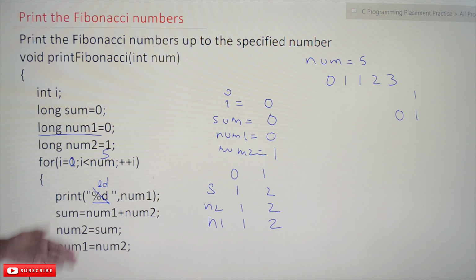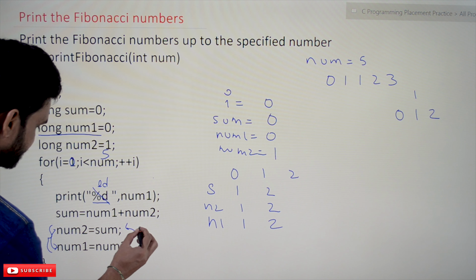Before updating the value of num2 with sum, num1 has to first be updated with num2, and then num2 has to be updated with sum. So these two lines of code have to be swapped.